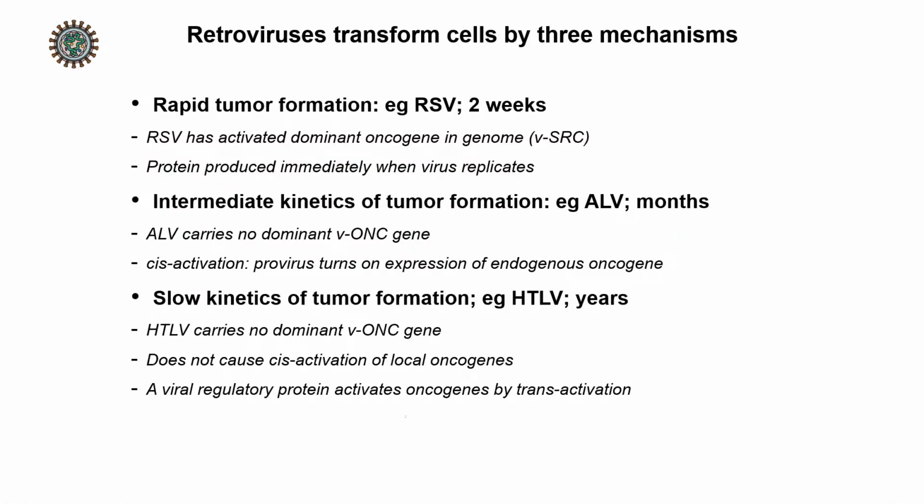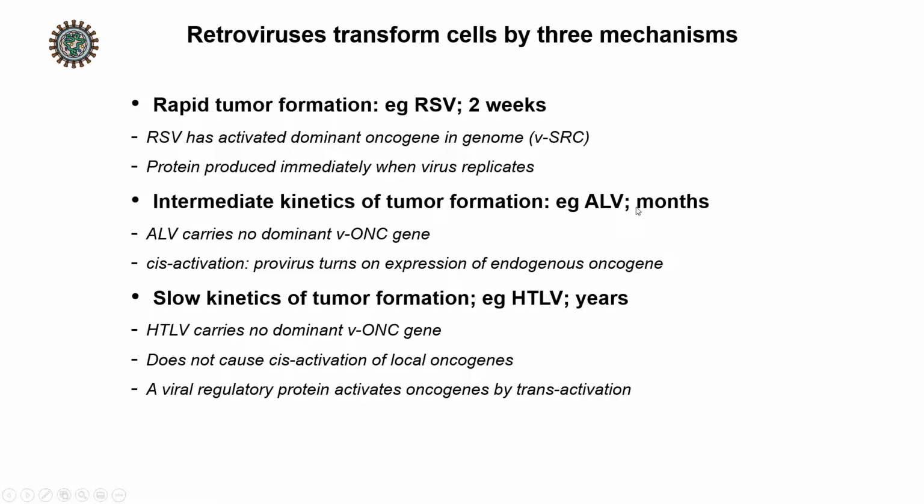So here we are looking at how retroviruses transform cells by three mechanisms. One of them is rapid tumor formation. RSV takes about 2 weeks. RSV has an activated dominant oncogene in its genome, like v-src, and the oncogenic protein is produced immediately when the virus replicates. This basically happens in a non-defective virus. On the other hand, that's very important,